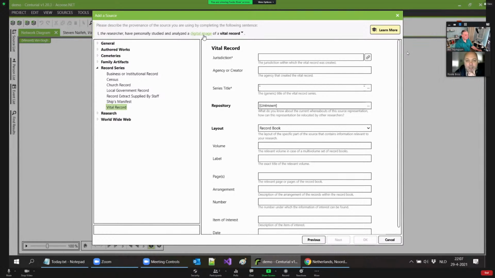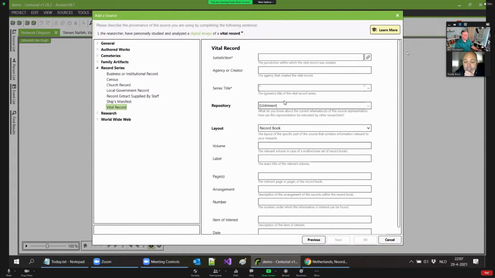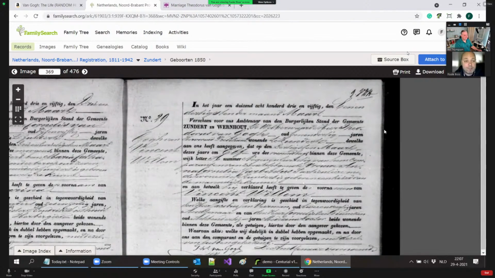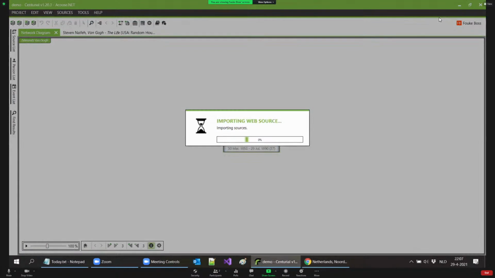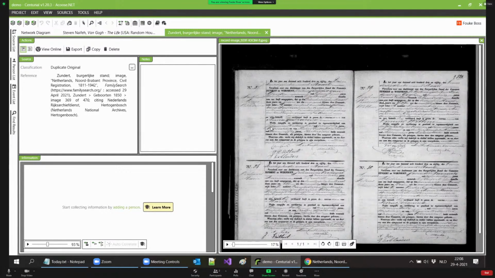Then Centurial will offer us these two panels to fill out, which is a lot of work. So one of the first interesting things that I added quite early on was the browser extension, which is at the top of my Google Chrome browser here. With a single click, this allows me to not only scan this particular source, but also import it into Centurial, which it does all on its own. So let's see what it did. It actually created quite a nice source reference, and it also downloaded the document, the scan.